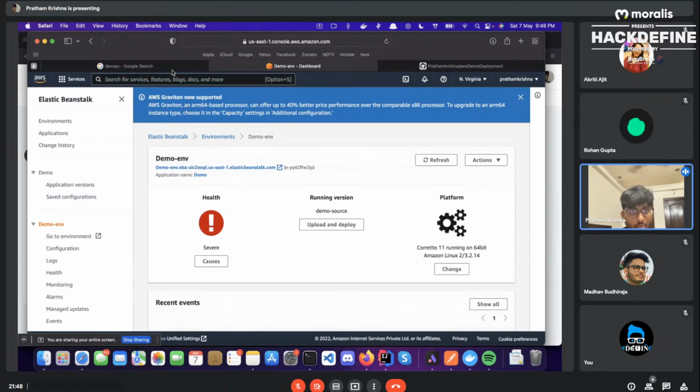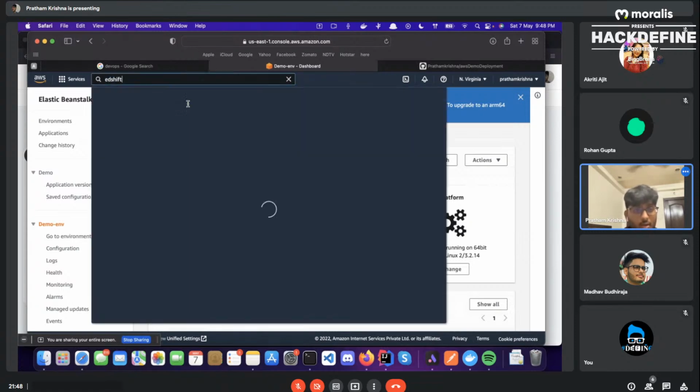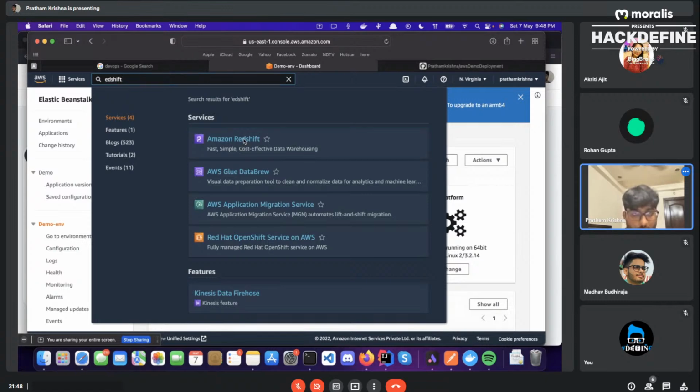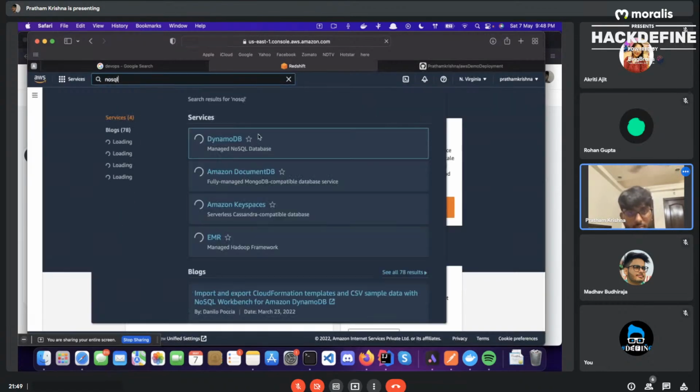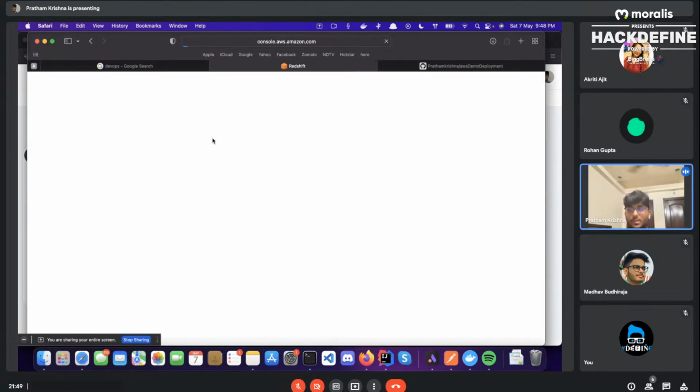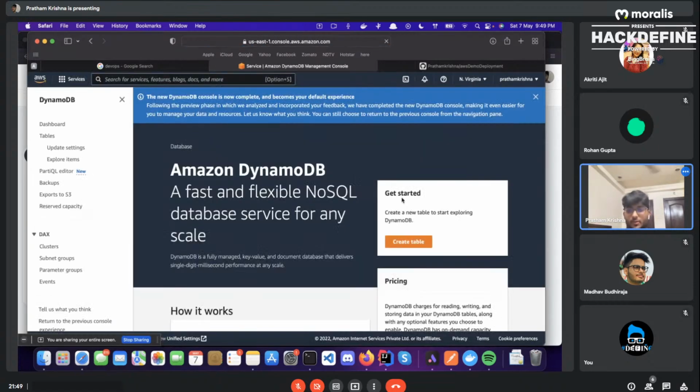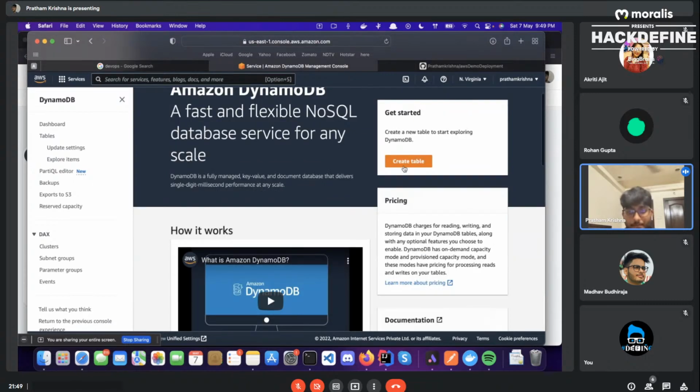We could check out Redshift once. Actually, let's not go with Redshift. Let us go with DynamoDB. This is something you'll actually use instead of, say, MongoDB. DynamoDB is again a NoSQL database, and it is fast.